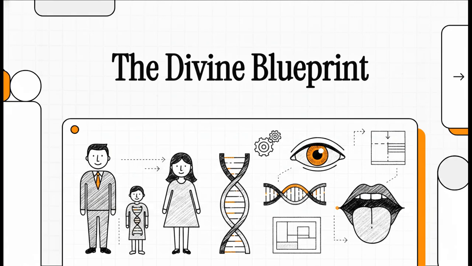Have you ever caught yourself staring in the mirror and wondering why you have, say, your dad's exact height or your mom's eye color? Or maybe you've wondered why some of your classmates can effortlessly roll their tongues while others literally just can't? Well, it's super easy to think that these things are just a random luck of the draw. But I'm here to tell you that these physical features aren't random accidents at all. They are carefully designed with a very specific purpose. Today, we're going to be exploring the divine blueprint, genetics and inherited traits.